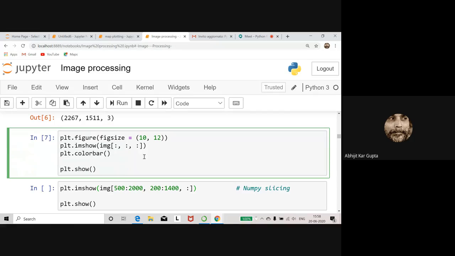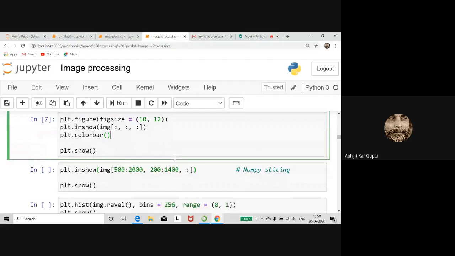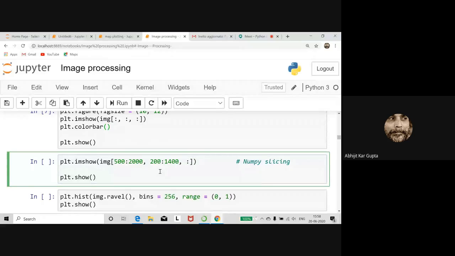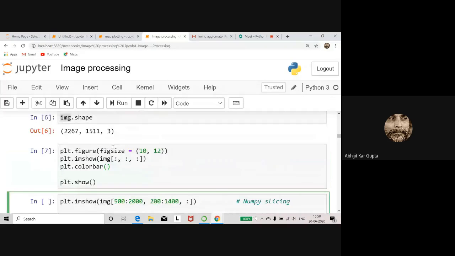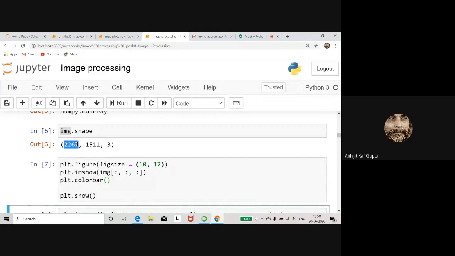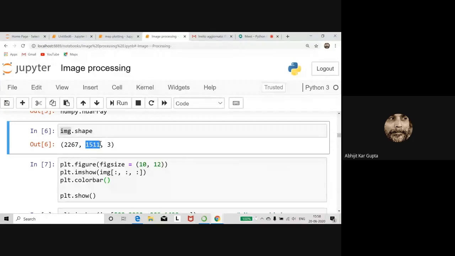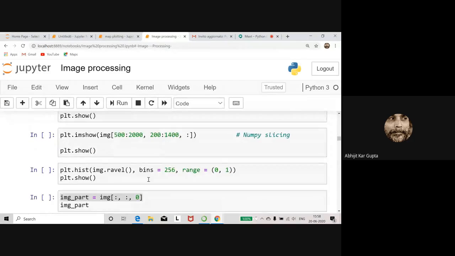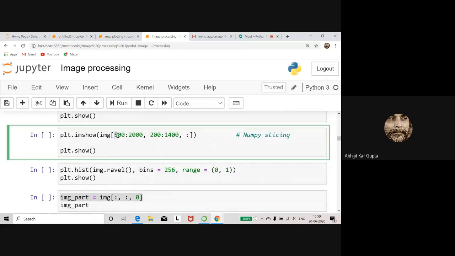I'll show. I'm here to manipulate things. Now you can actually crop the image. To crop the image, from some axis you take not all the data. You saw the number of pixels is 2267 here, and in the other direction is 1511, etc. So for the 0th axis, you take data from 500 to say 2000, and in the other axis, you take data from 200 to 1400, and the third axis you keep as it is.